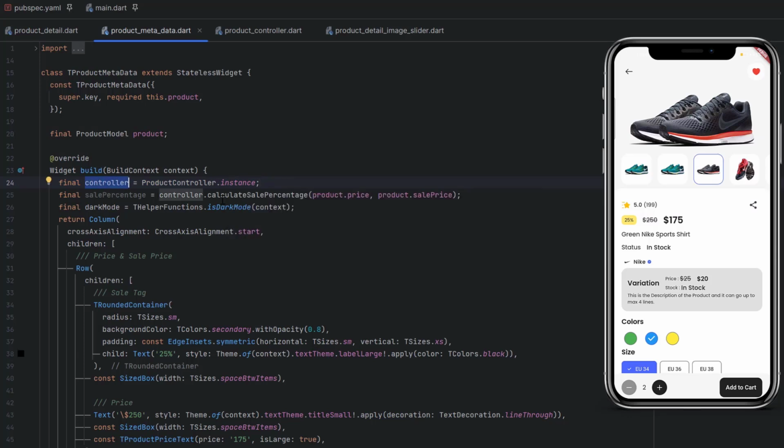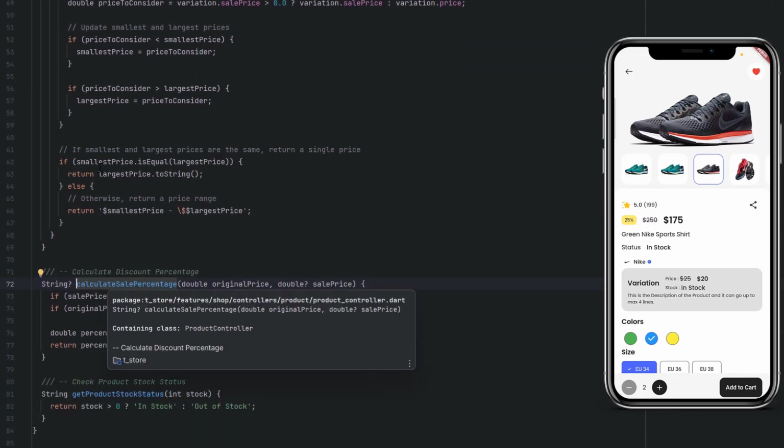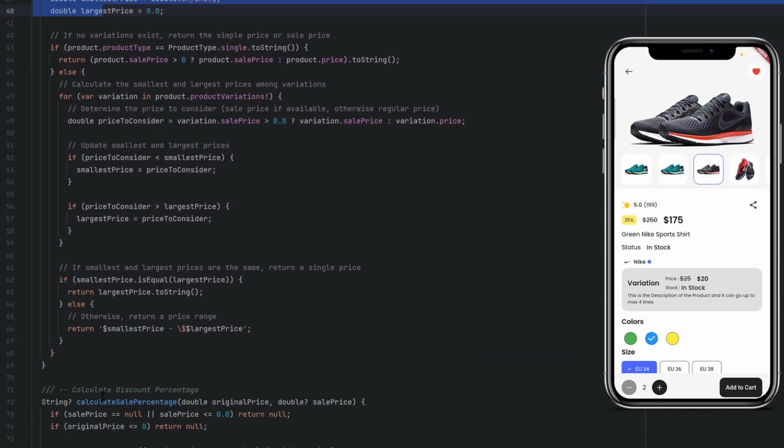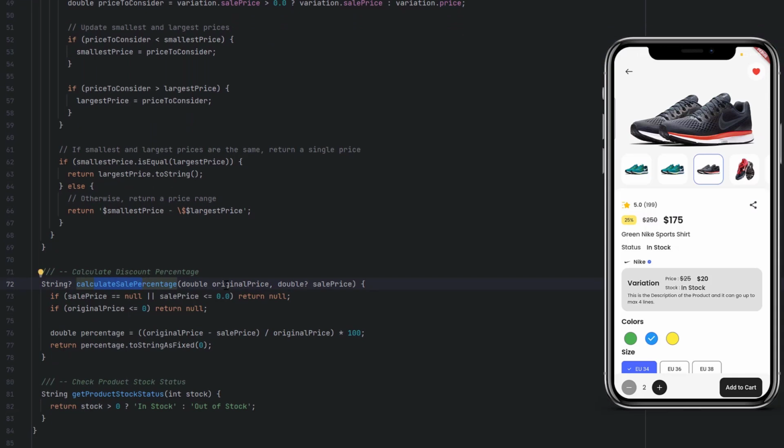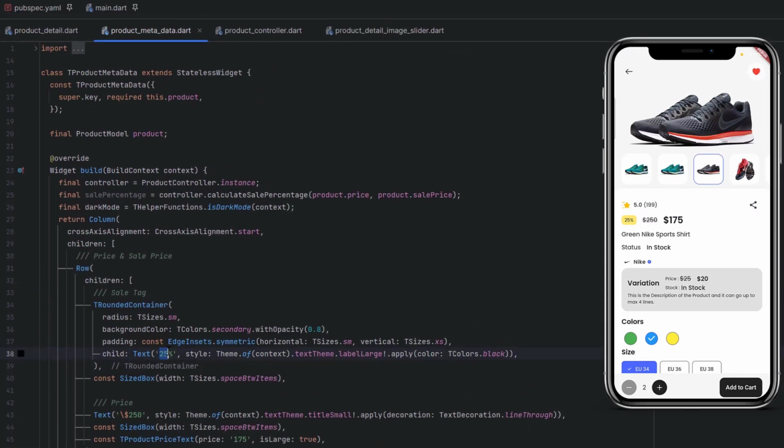Once we have the controller, call the calculateSalePercentage method. So this is the method we created. The one over here is to get the price. Then we have calculateSalePercentage. It is going to get the original price and sale price, add a few checks and a percentage formula, and return the percentage without adding any values next to the dot. Now inside this, we are going to remove this 25, just add a dollar sign and call the variable salePercentage. Now when I click on save, you can see the sale percentage change from 25